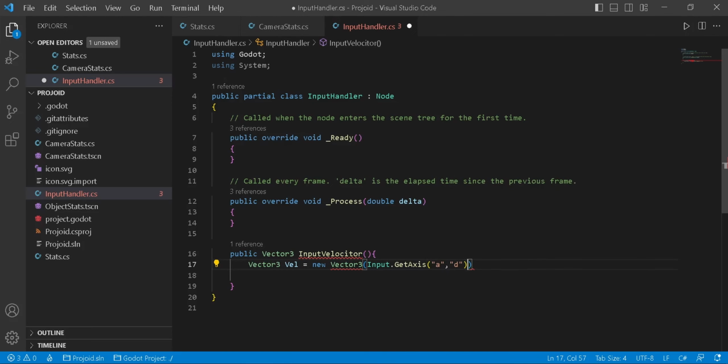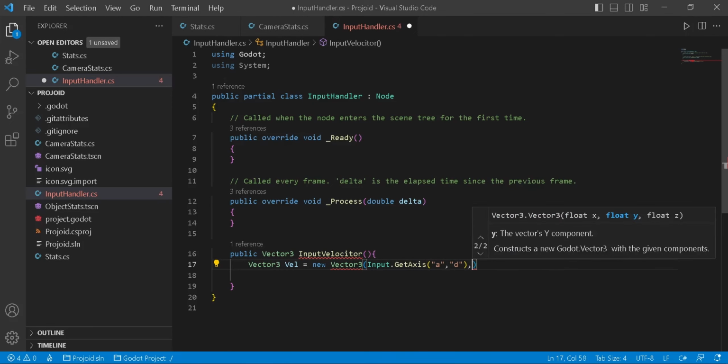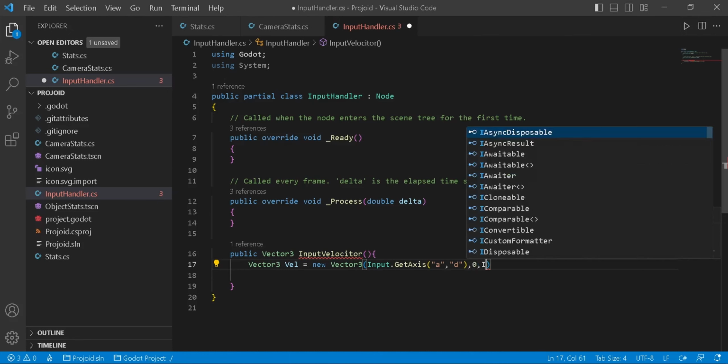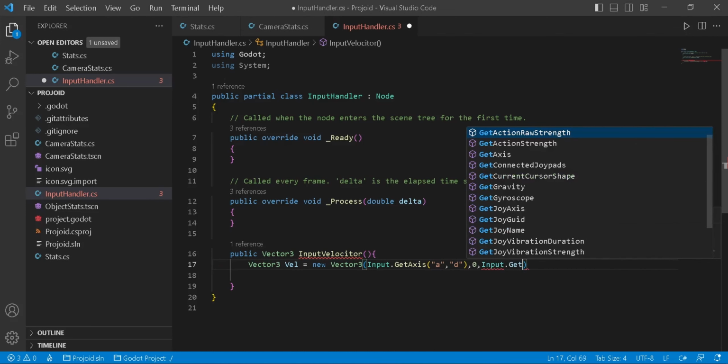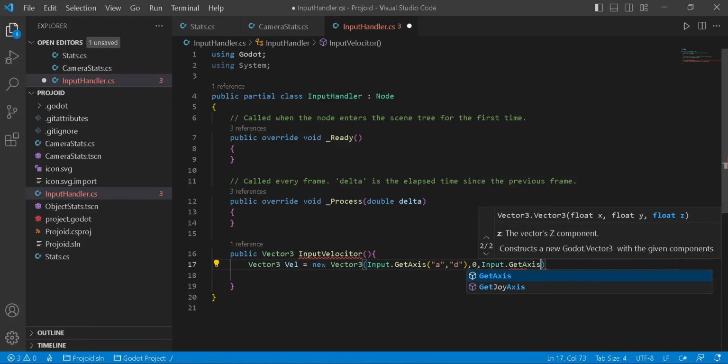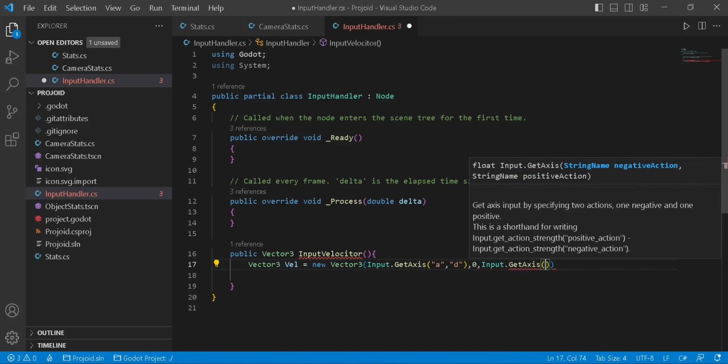And then we say the negative action, which in our case is A in the x-axis, and the positive action is D, which is right. I'm not going to take care of the y-axis or the jump right now. We're going to take care of it soon. Input.GetAxis